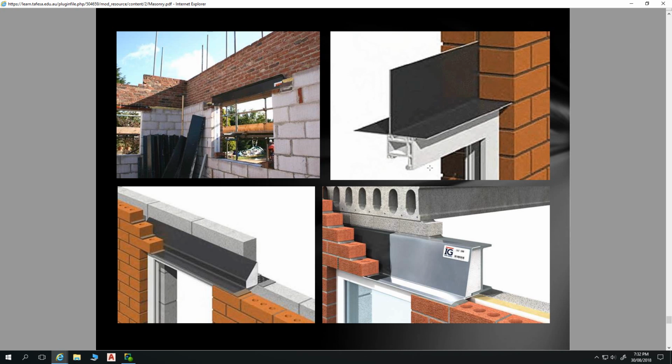The more expensive but more common, because of the better aesthetic, is whereby you have a steel lintel in place and you carry your brickwork over the top of your window. You can't just carry brickwork over the top of your window without having something supporting it underneath, because otherwise you get bricks just falling down. So those lintels,